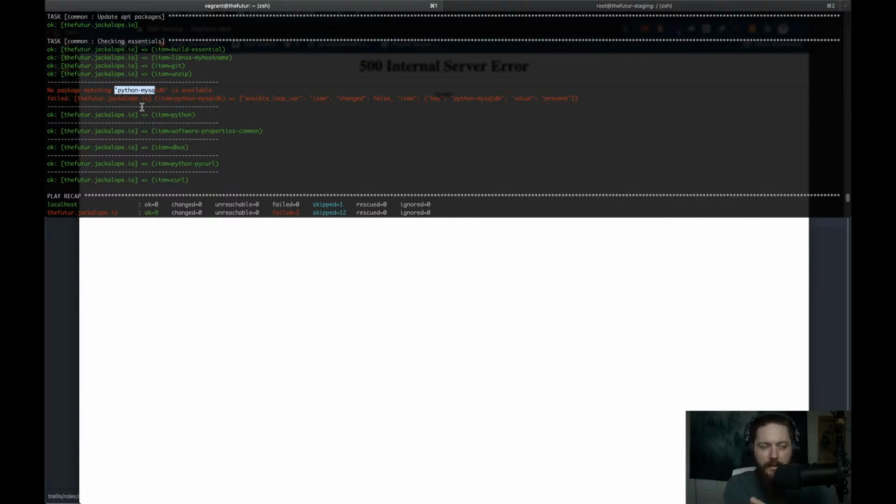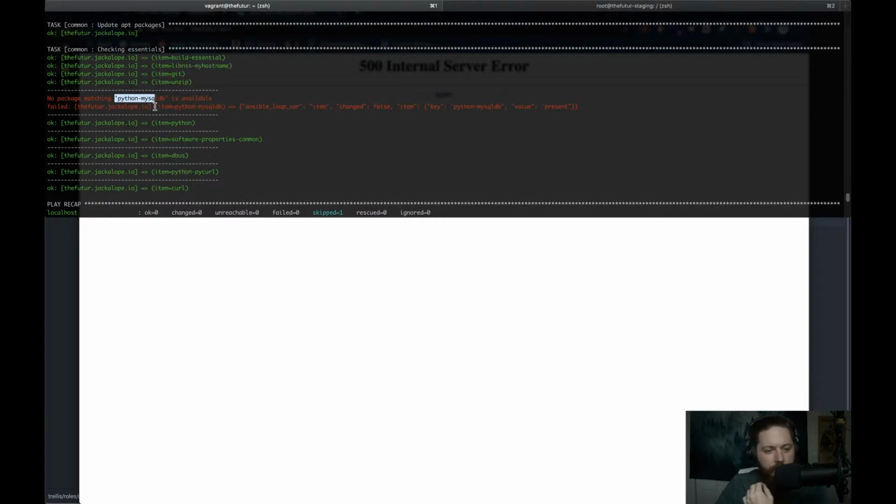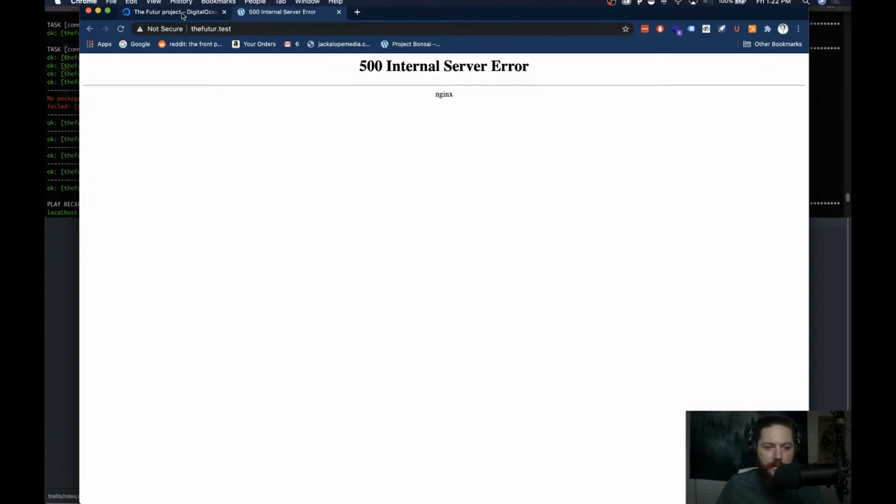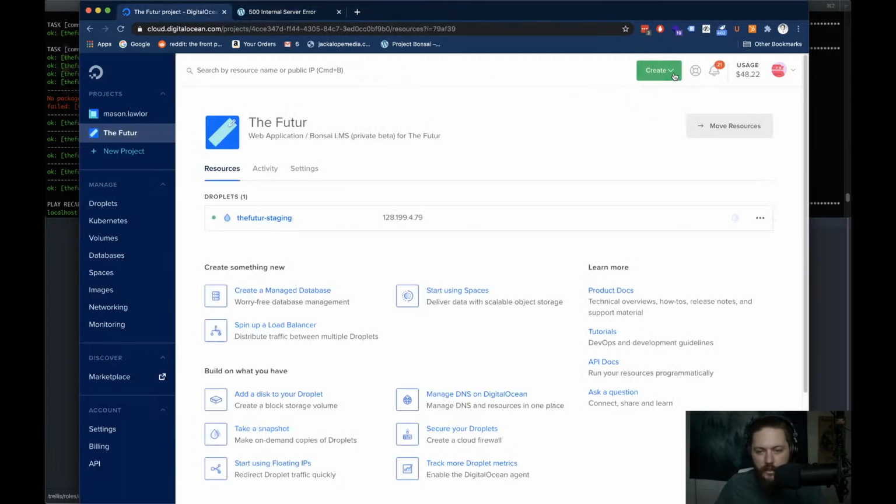I think all of my packages are specific versions. It's all version control, so none of the packages I'm using should change either. And then it dawns on me there was one part of the process, and this bug is specific to provisioning the server. So when I think about the servers, what has changed about the servers? Okay, DigitalOcean. I remember that when I went to create a droplet,